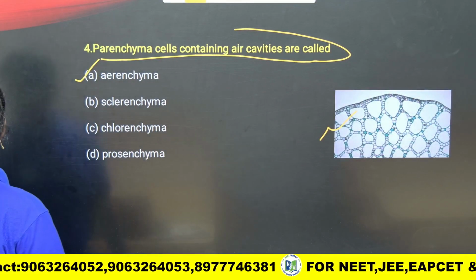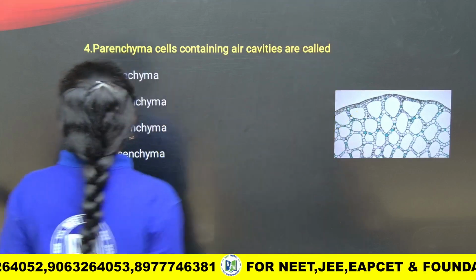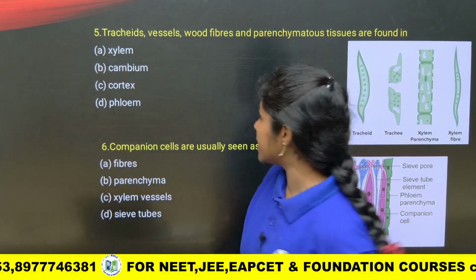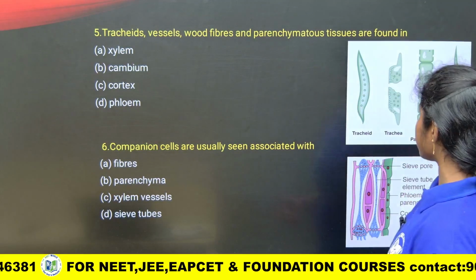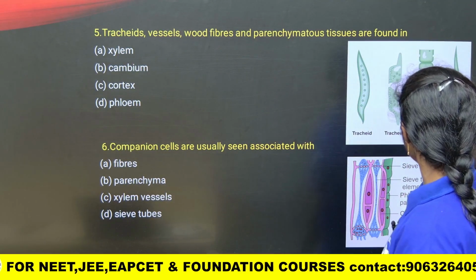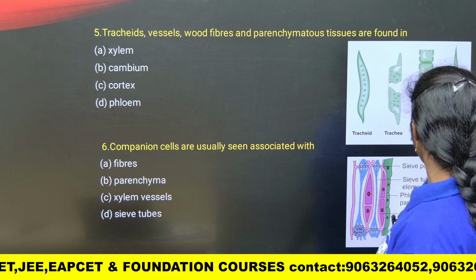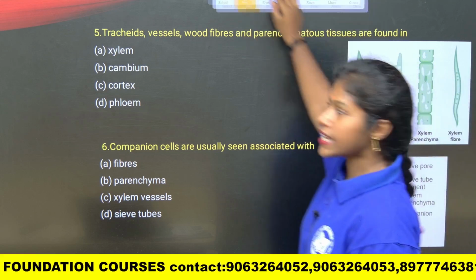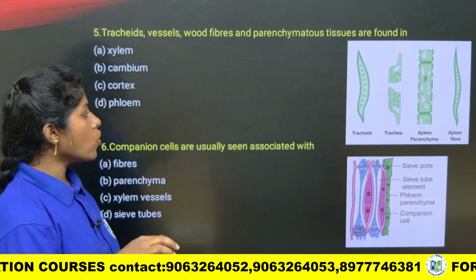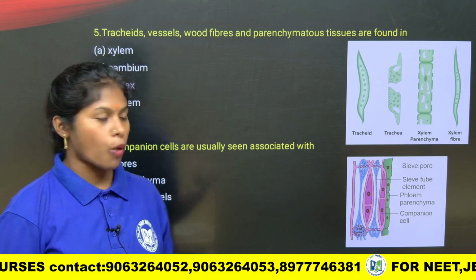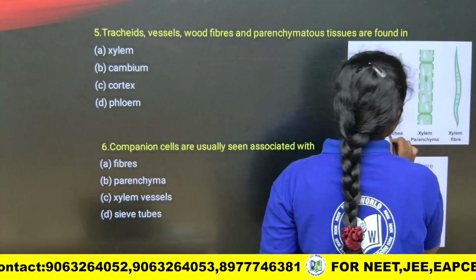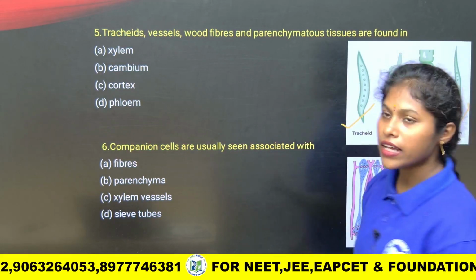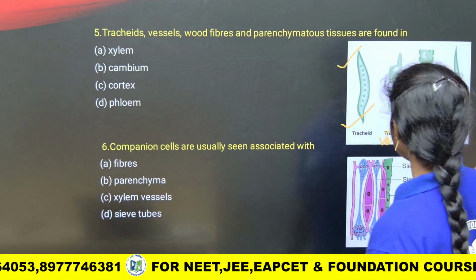Coming to the next question. Let's see, children. So here they are asking tracheids, vessels, wood fibers and parenchymatous tissue are found in. So we all know, children, complex permanent tissue has two types. One is xylem, another one is phloem, right? Of course, xylem also has four components. What are they? Tracheids, vessels, xylem parenchyma and xylem fibers. Right. So among all these, children, they are asking